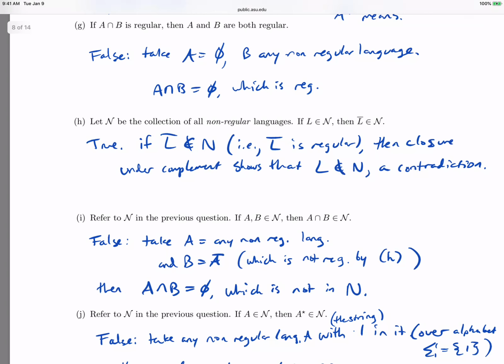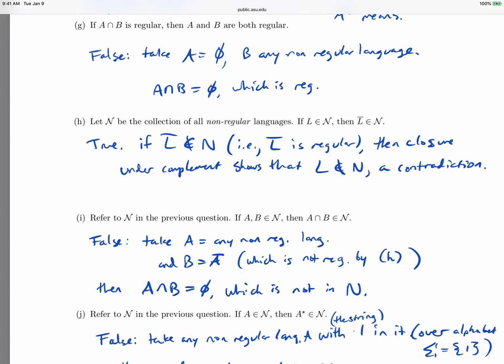H, this is understanding closure under complement for regular languages. So if L bar wasn't a non-regular language, it must be regular. If it's not non-regular, it is regular. So that L bar is regular, then closure under complement for regular languages tells us that L itself is regular. But that's a contradiction if we assume that it was non-regular. So it's just that